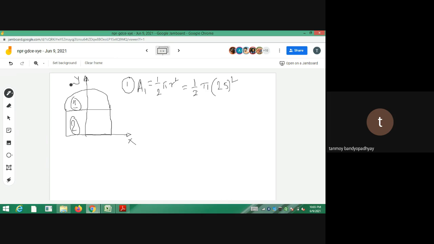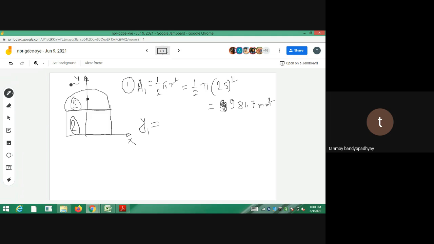You can do it in a tabular form also. Generally, in the books, they sometimes do these sort of problems in a tabular form, but because of lack of space, I am doing it in a general fashion. So this is the area I find out. And what will be y1? I'm doing it for the semicircle. For a semicircle, I know it will be 4r by 3 pi, but from where? It will be from the base of the semicircle. So this is now the base of the semicircle.